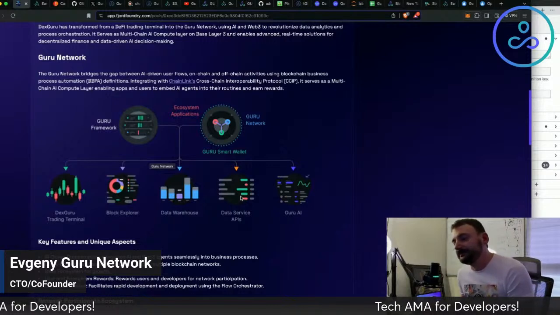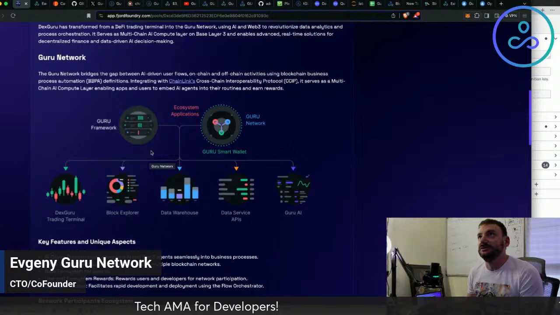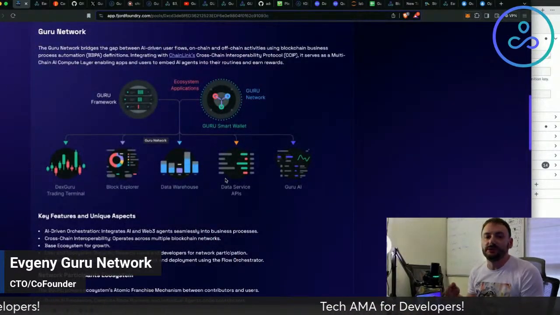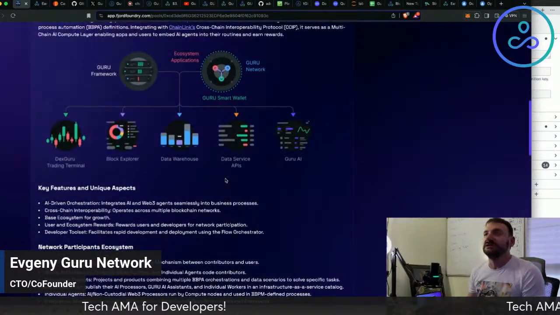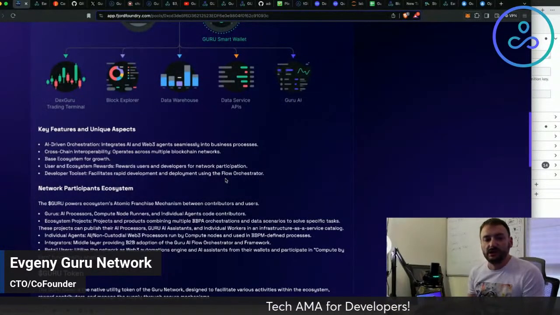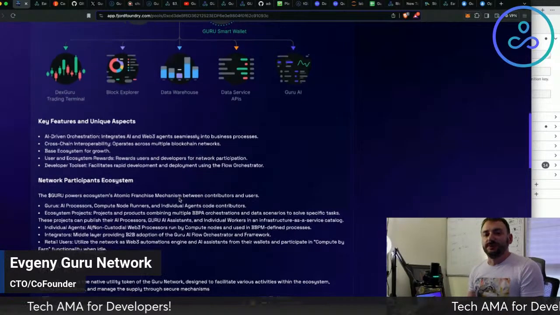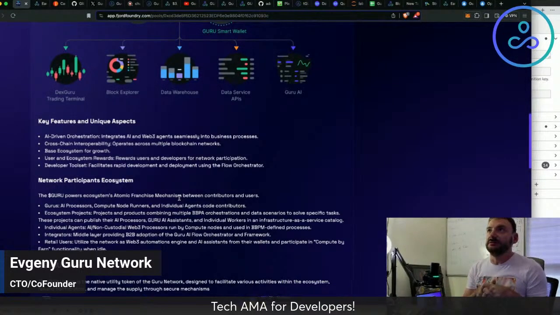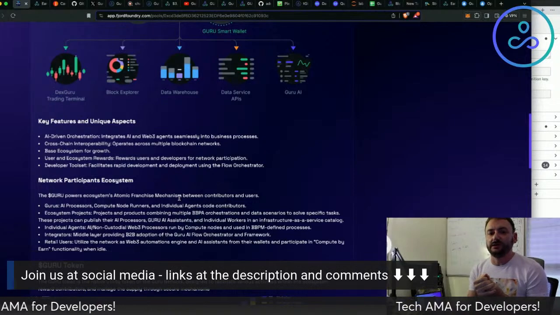And on the way there, we figured that we created a system which allows us to power up all data analytics needs in all those products from one place, as well as we figured that we would like to add orchestration and execution on top of it. That's why we introduced orchestration nodes for Guru Network. And those nodes are basically the core technical component which allows us to create all this network participant ecosystem where there are gurus which are basically creating the content